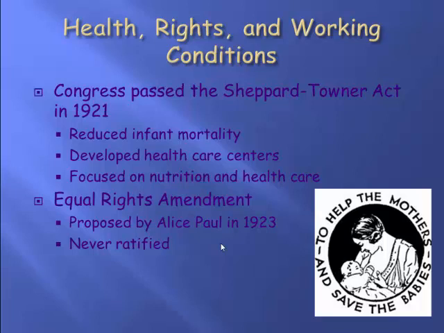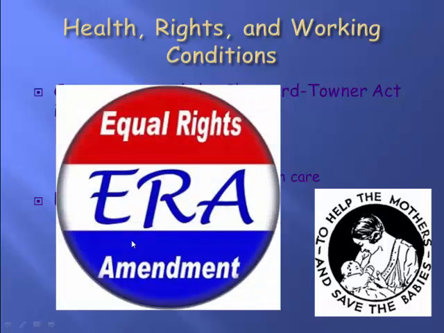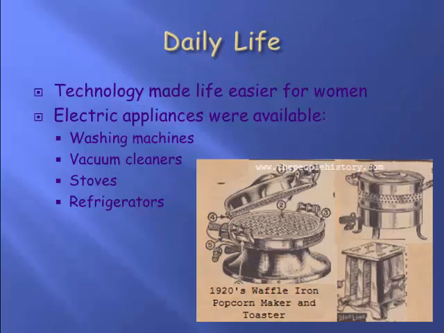Women did propose what is known as an Equal Rights Amendment. It is known as the ERA, proposed by Alice Paul in 1923. It's never been ratified. So the Equal Rights Amendment is not a real amendment. It's not in our Constitution. But you should know that it's out there, and there are groups of people who are big proponents of having it actually ratified as an amendment. So it's a proposed amendment, but it is not an actual amendment, right? So if you ever see that ERA, you're thinking about the Equal Rights Amendment. It has to do with women, and it has to do with making sure that they are being treated equally by the Constitution, all right?